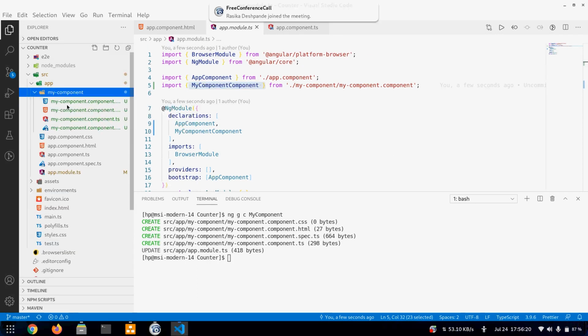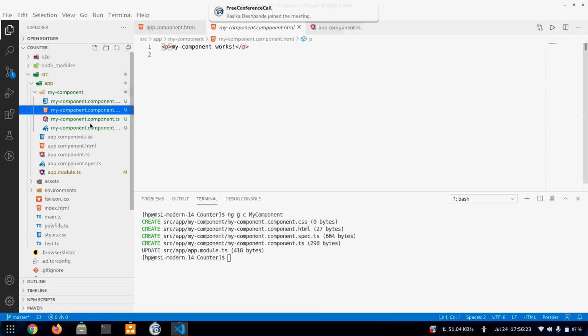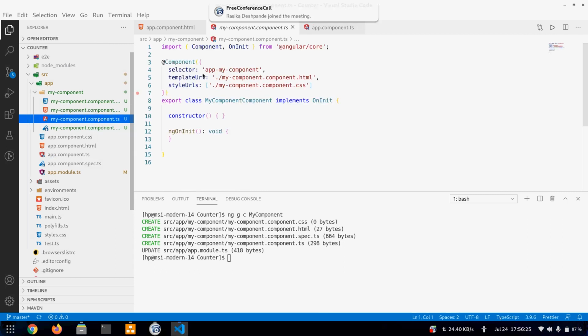And to use the component, first you see in the TS file, this is the selector. Then you can use this selector as an HTML tag.